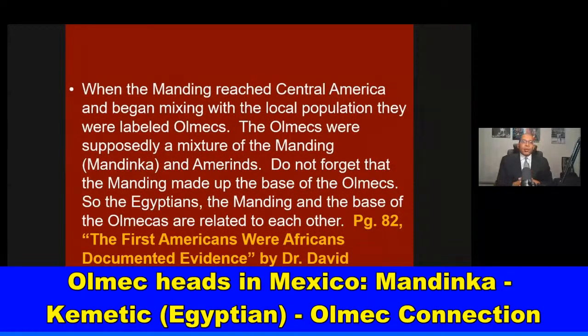All right, so when the Manding reached Central America and began mixing with the local population, they were labeled Olmecs. The Olmecs were supposedly a mixture of the Manding or Mandinka and American Indians. Do not forget that the Manding made up the base of the Olmecs, so the Egyptians, the Manding, and the base of the Olmecs are related to each other. Okay, this comes from page 82